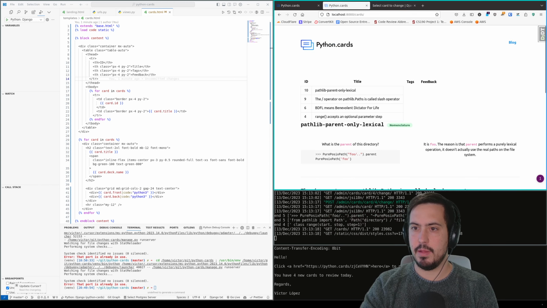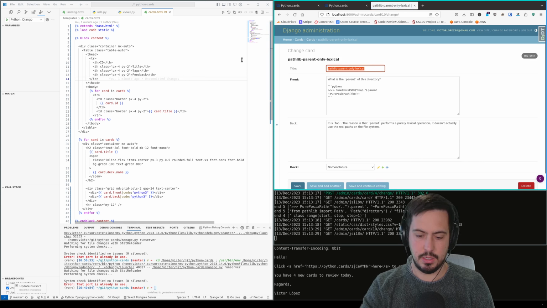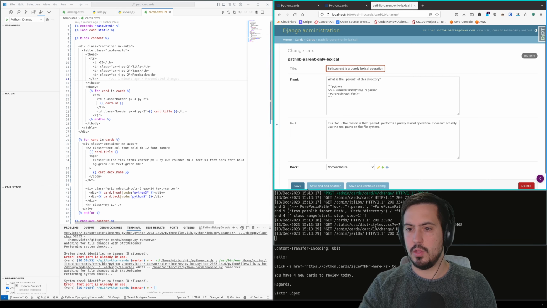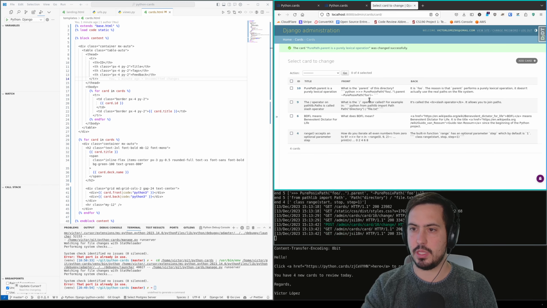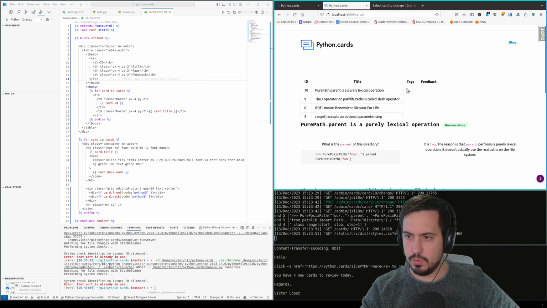And then pathlib parent only lexical. What does this mean? What is parent in this directory? So we could say here, PurePath.parent is a purely lexical operation. What this means is that this is an operation that doesn't take into account if the directory exists or not or anything. So this is what this card means. Okay, these are just 4 cards that I wanted to have